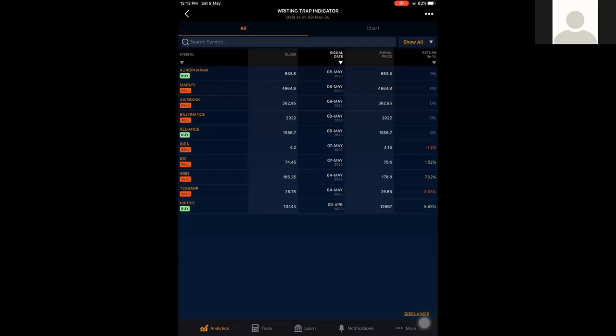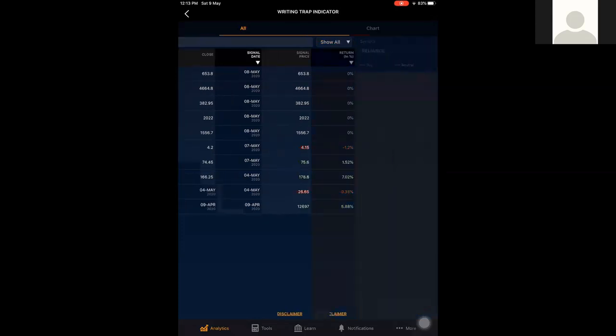The new trades which came on 8th May, on a closing basis, are in Reliance. It came at 1556 long. Axis Bank short 382. Maruti is again short, and Oro Pharma long. So let's first look at the chart. If I look at the Reliance,